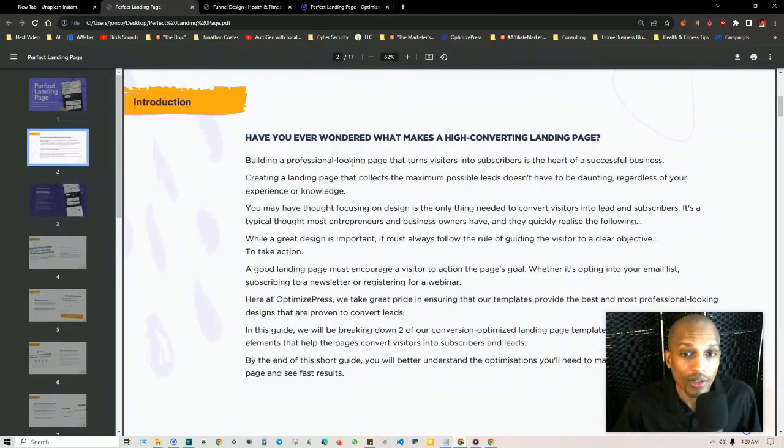So building a professional looking page that turns visitors into subscribers is the heart of a successful business. Creating a landing page that collects the maximum possible leads doesn't have to be daunting regardless of your experience or knowledge. You may have thought focusing on design is the only thing needed to convert visitors into leads and subscribers. It's a typical thought most entrepreneurs and business owners have, and they quickly realize the following. While a great design is important, it must always follow the rule of guiding the visitor to a clear objective,